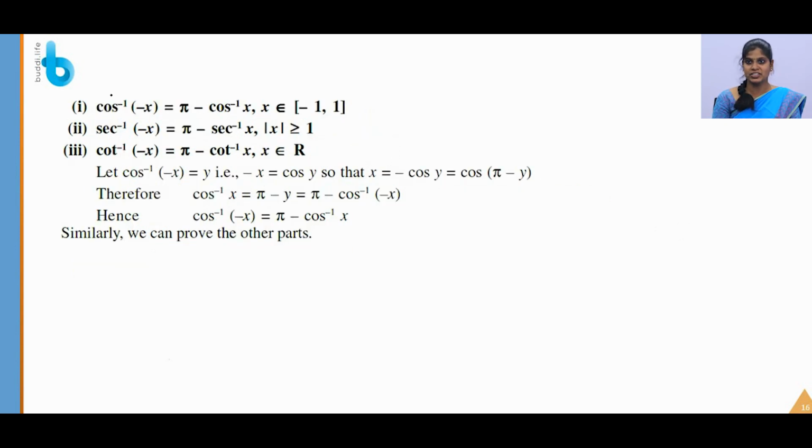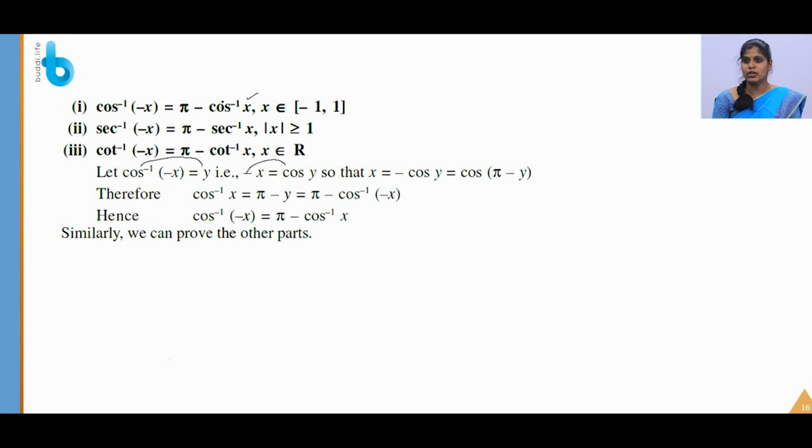Next we will see the functions like cos inverse, secant inverse and cot inverse of negative angles. Okay. We will see this property now. First one we will prove now. See, cos inverse of minus x equal to pi minus cos inverse of x. We will prove this now, and the remaining two similarly we can practice. Let us assume this cos inverse of minus x equal to y. Now, on taking this cos inverse to the other side, we will have minus x equal to cos y, and on taking minus to the other side, we have x equal to minus cos y.